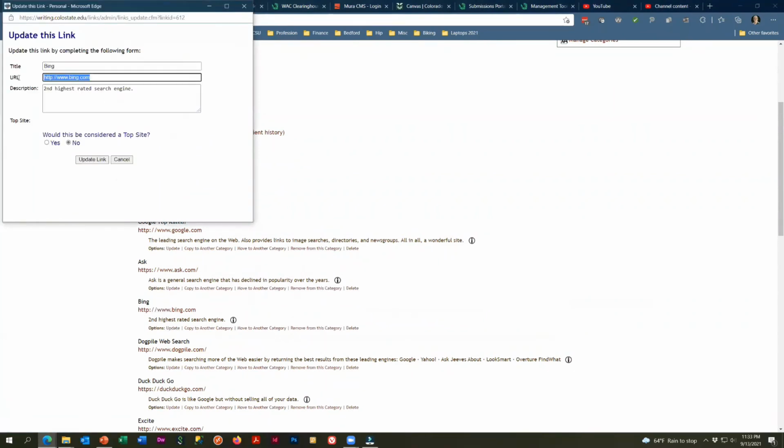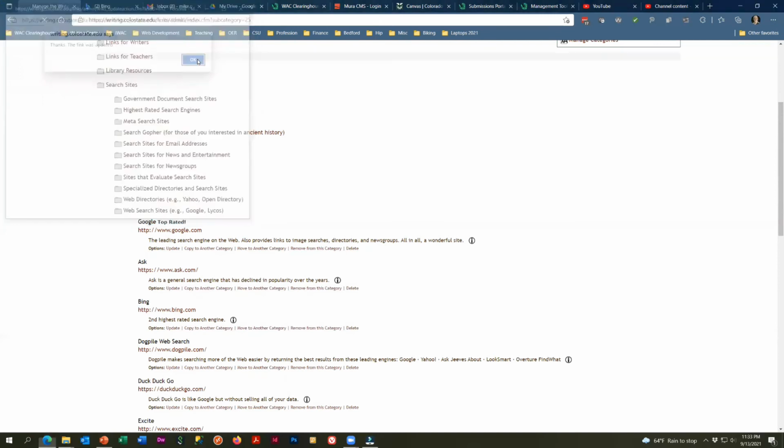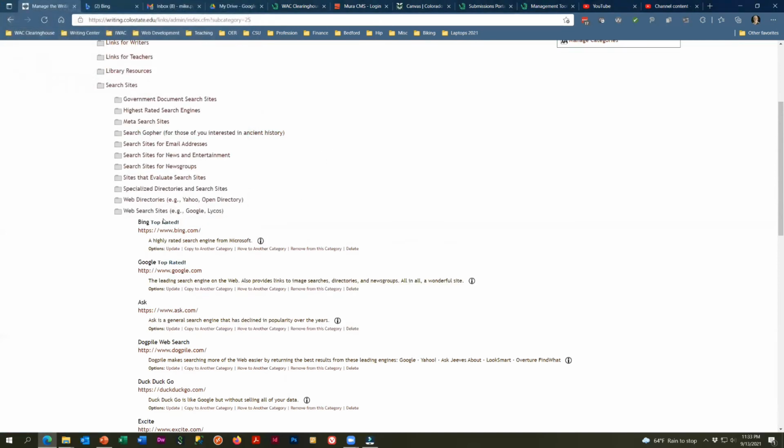And we're going to do three things. We're going to do this, and we'll change it to a highly rated search engine. I know it's from Microsoft, so I'm going to add that in there. I'm going to consider it a top site. I'm going to update the link. And now when this refreshes the page, we've got Bing and we've got Google, and then we have others that